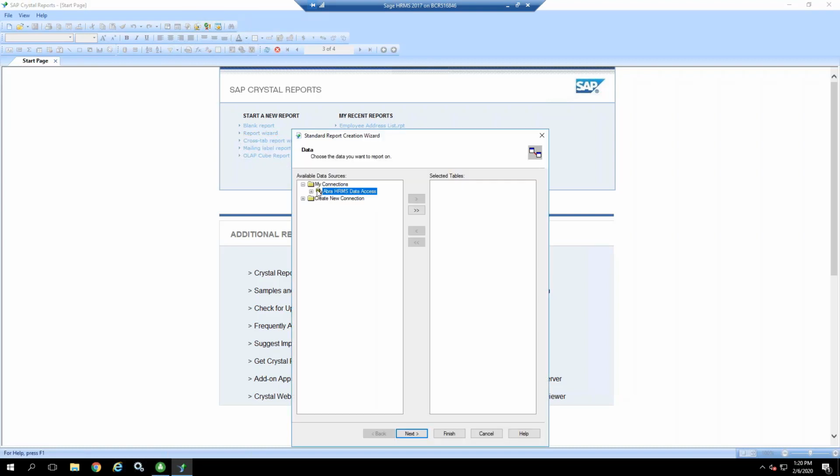If you've already got a connection, you can just go into that connection, expand it, and access your tables where you want to pull the information from. I'm going to assume this is the first time I'm in Crystal, and I'm going to create a new connection. So how do I connect to the data? I'm going to expand, create new connection, and go down to OLEDB-ADO. This is our recommended method of creating reports. So I'm going to expand that,